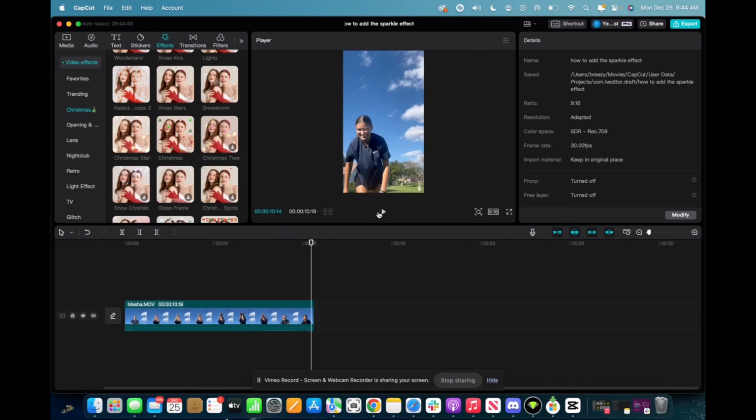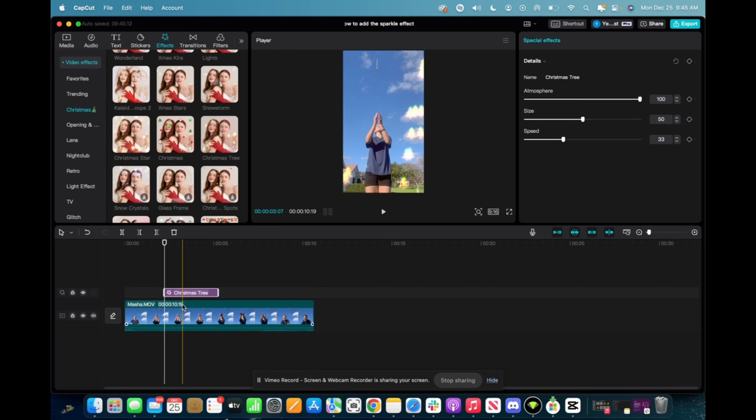Today I'm going to quickly show you guys how to add the Christmas tree effect onto your CapCut clips. So initially what you're going to want to do is go to Media, click and drag your clip down to the timeline. Once you have it there, we're going to click on Effects, Video Effects, and then go down to Christmas. We're going to scroll down until we find Christmas tree, click and drag it down to the timeline, and